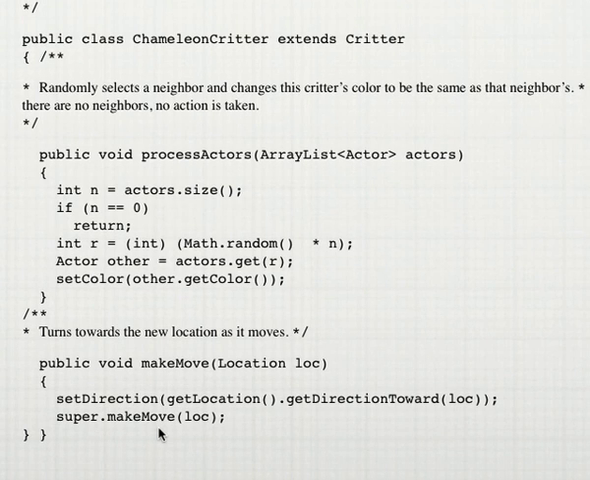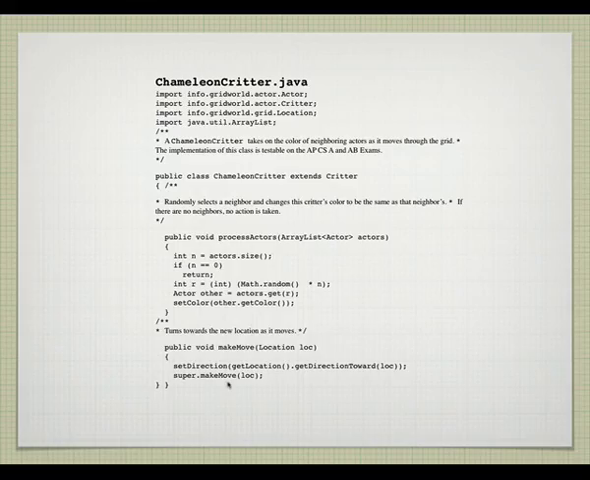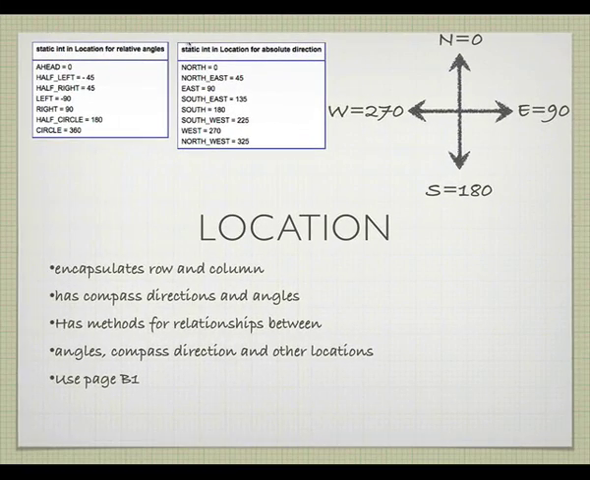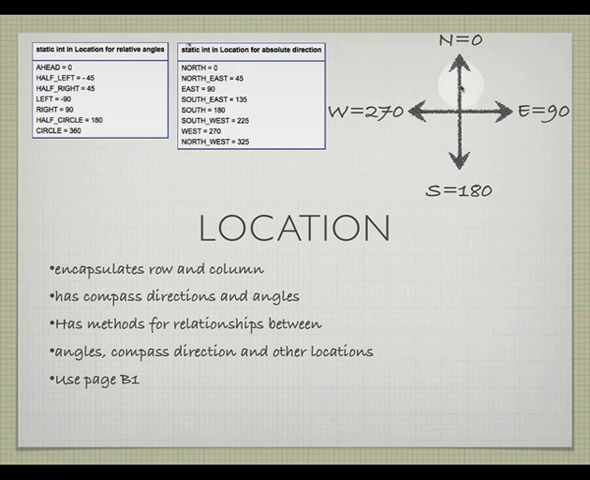Well, in order to make all these changes, you have to know how to interact with the world, and of course the world is described with the location class. And it's important to know that all of these things have an orientation where north is considered the int 0, south is the int 180, east is 90, west is 270, and you get some static relative angles like left and right. In case you ever forget what's positive and negative,